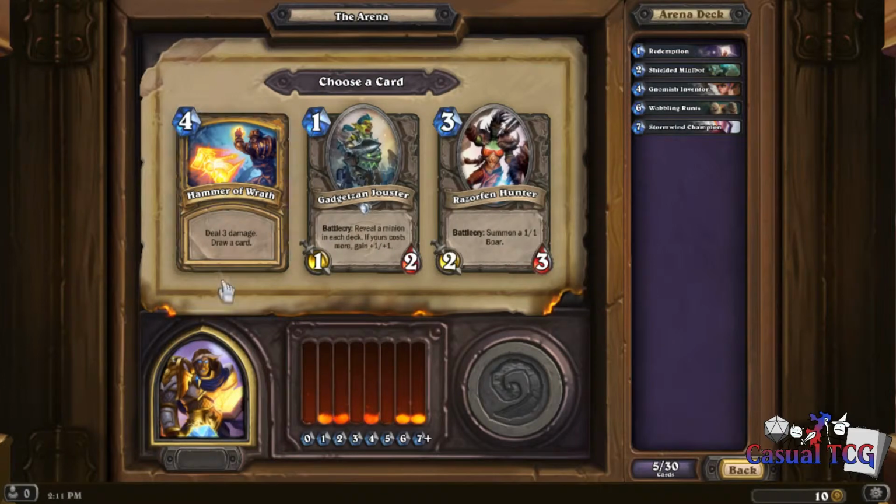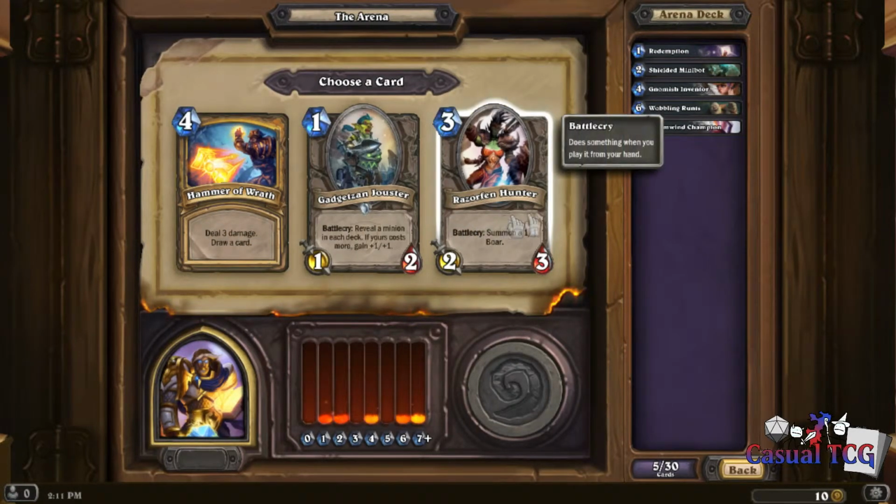Although Hammer of Wrath isn't horrible. Like, it's not a horrible card in Arena. It's not good in Constructed. It's been completely wiped out of Constructed, but I generally don't think it's that bad in Arena. But I'm going to go with Razorfin Hunter just because...